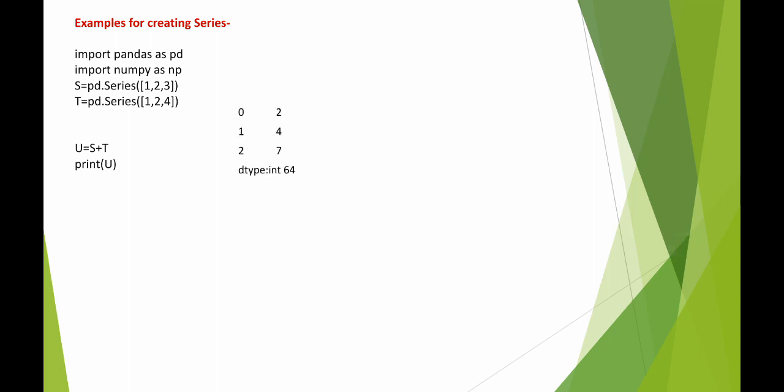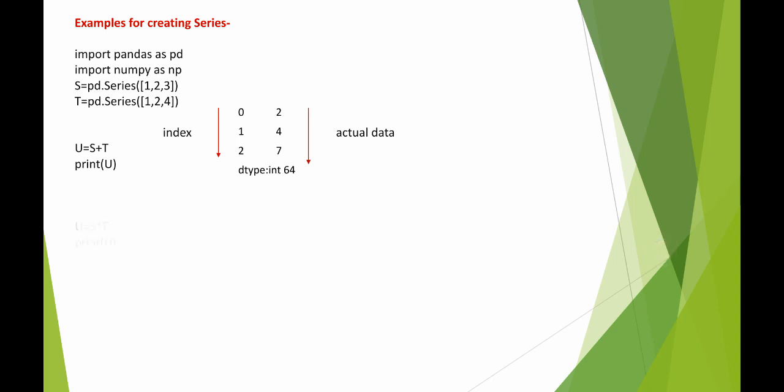As you can see here, we have got 0 1 2 and 2 4 7. Here 0 1 2 is itself an array of indexes. Okay, it is basically giving you the index value, that is, which element is stored on which index, and 2 4 7 is the actual array. So this one is the index and the second one is the data values. Here the data type dtype int64 is also mentioned. It is shown by default because whatever elements are there are of integer type, int64.